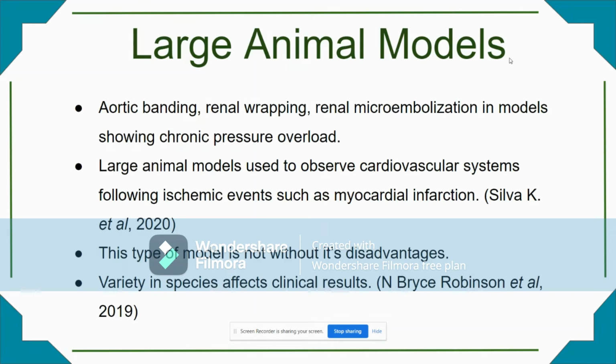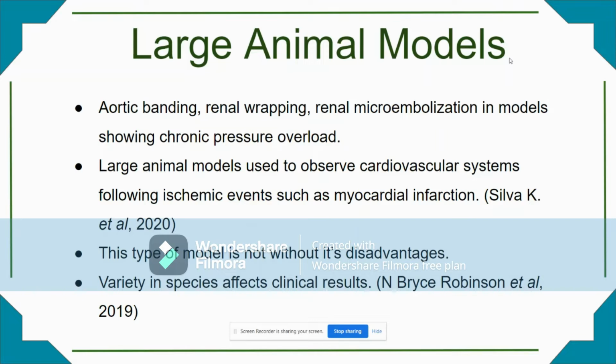There have been numerous large animal models of heart failure due to chronic pressure overload caused by systemic hypertension, as this is a prominent issue within patients with this condition. These models have also incorporated obesity, diabetes, etc. into the design and have been carried out using surgeries such as aortic banding, renal wrapping, etc. in the aforementioned animal species. It must be noted that these methods are effective but do not account for genetic factors that may affect human